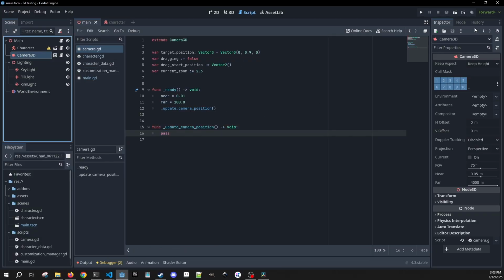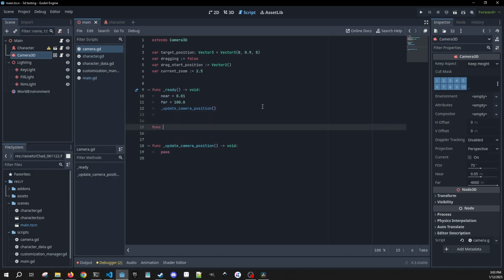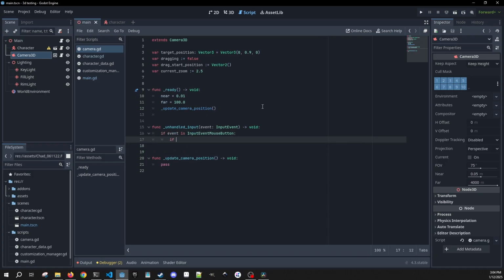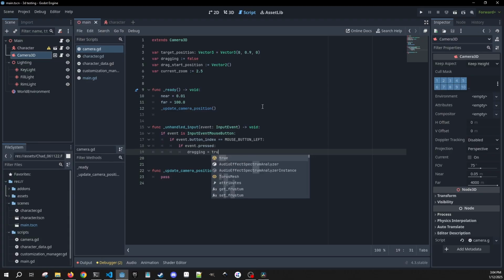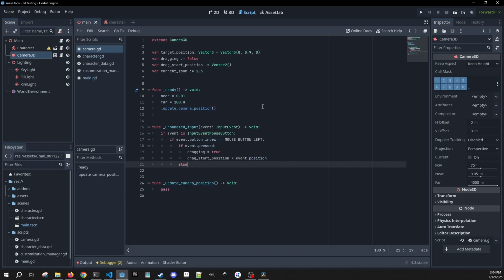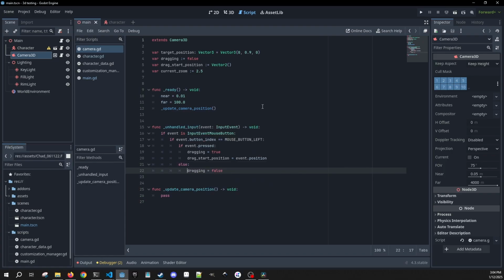And our camera should already be assigned to that group that we made before, so that's good. Now we're going to tap into the unhandled input method, and if the event is an input event mouse button, we're going to check if the event dot button index is equal to mouse button left. If event dot pressed, dragging equals true. Drag start position equals event dot position. Else, dragging equals false. So we're only going to be dragging when you're clicking the left mouse button and moving